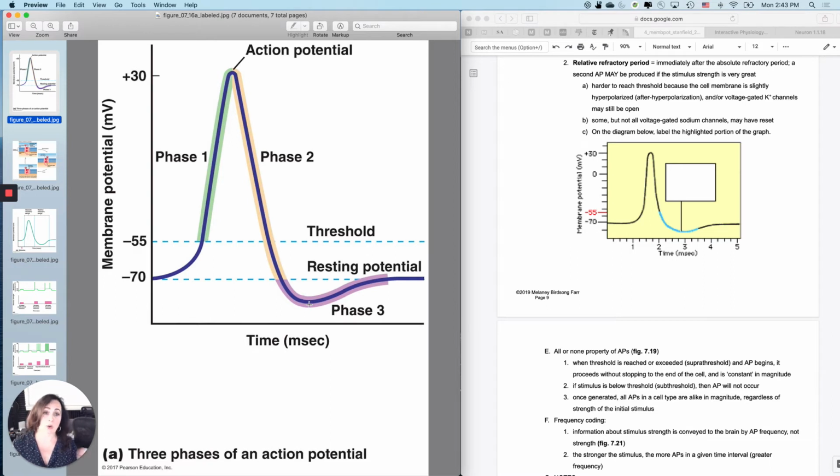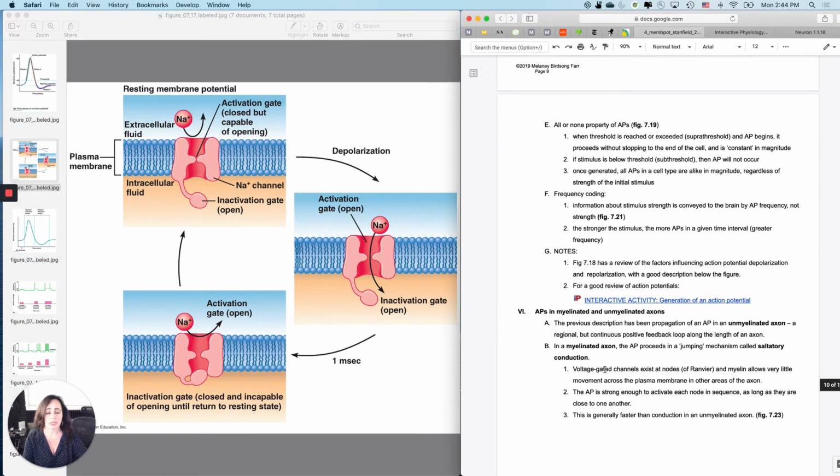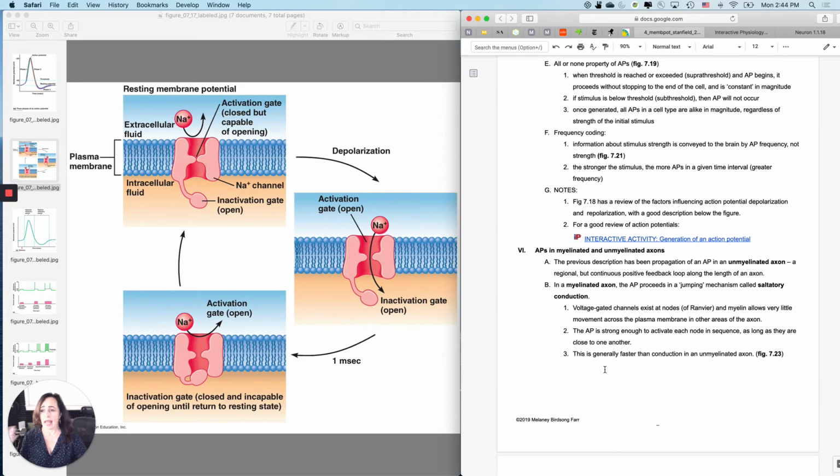Okay, so let's say the original action potential was initiated by 100 molecules of acetylcholine binding to 100 ligand-gated sodium channels, that got me to threshold. But if I were here, 100 wouldn't do it. Let's say maybe it took 150 or 200. So it's relatively hard to get an action potential in the relative refractory period. Okay, so now let's talk about action potentials and sort of the all or none nature of action potentials.